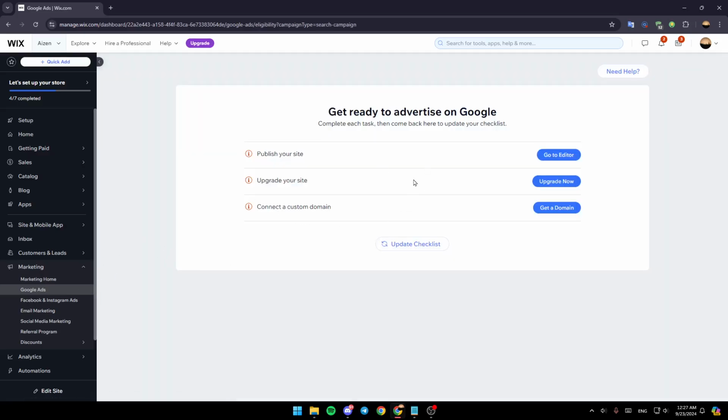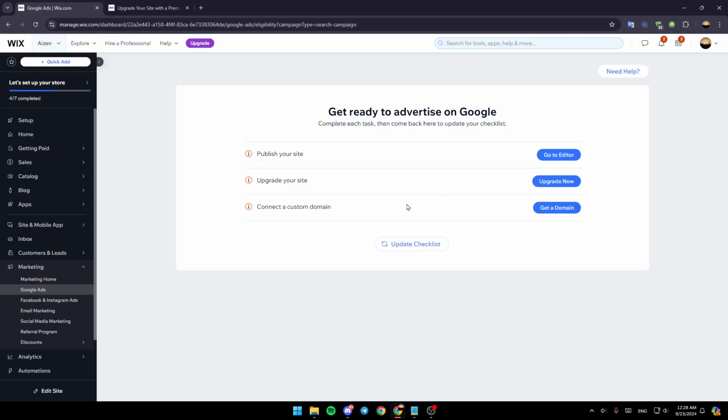the ads from Google, and then you need to complete these steps, complete each task, then come back here to update your checklist. So right now, just follow the checklist. As you can see guys right here, first of all, you need to publish your site. To publish it, just go to the editor and then you're going to find the option to publish it. Then upgrade your site to the premium plan, and then connect your